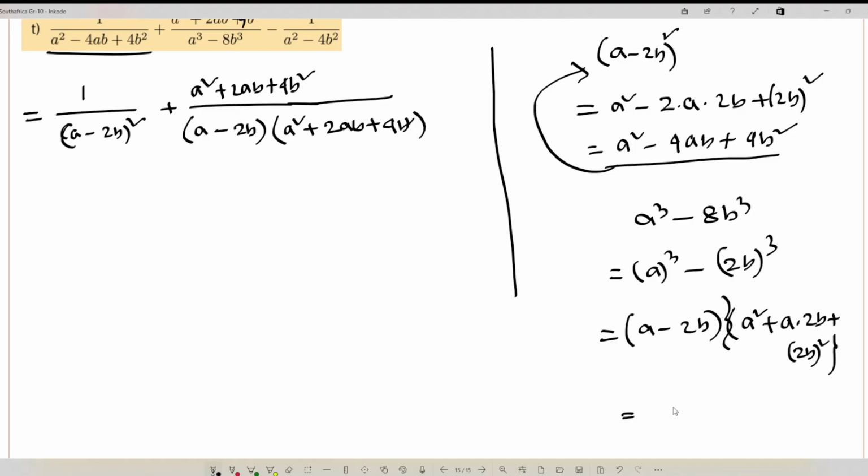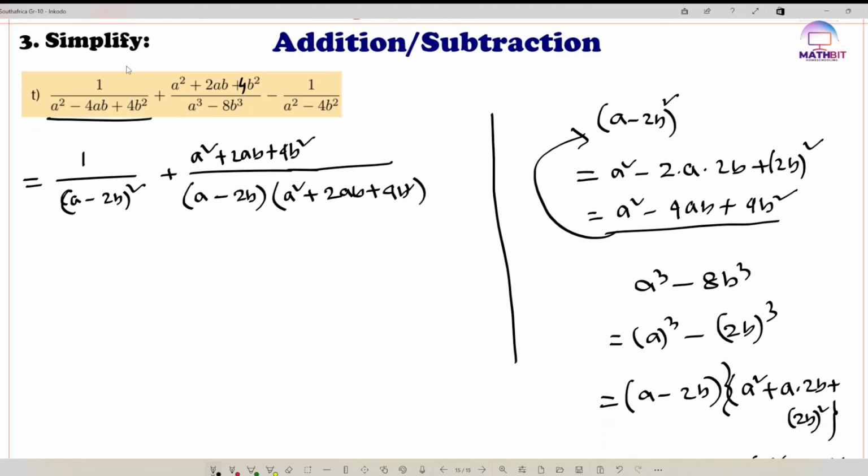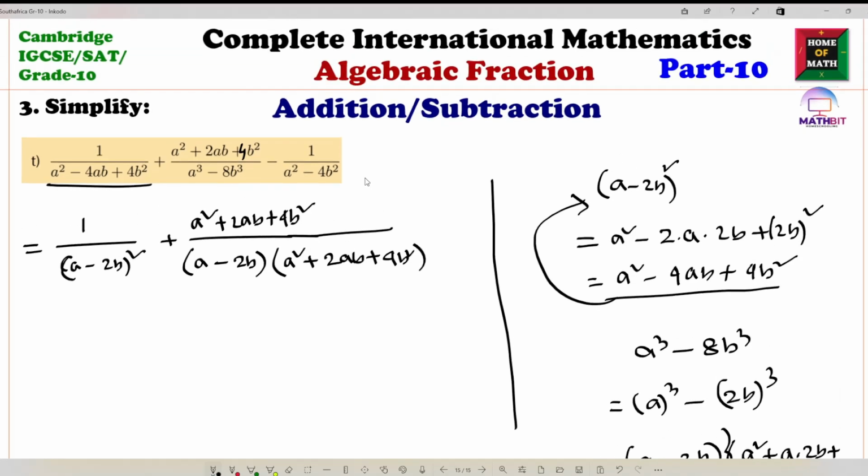So here is a minus 2b, then a square plus 2ab plus 4b square, right. So a cube minus 8b cube, we can write a minus 2b times a square plus 2ab plus 4b square, and then minus 1 divided by a square minus 4b square,